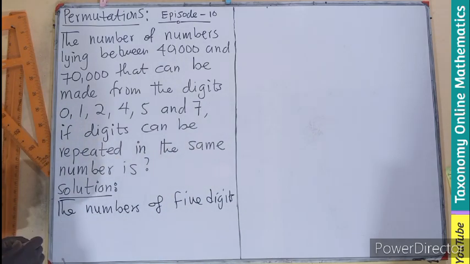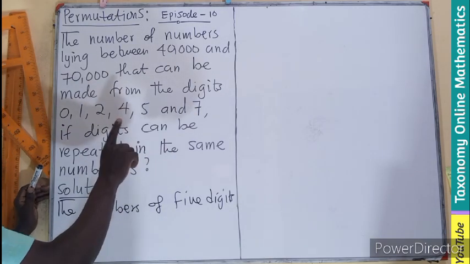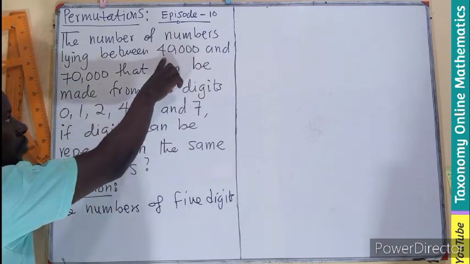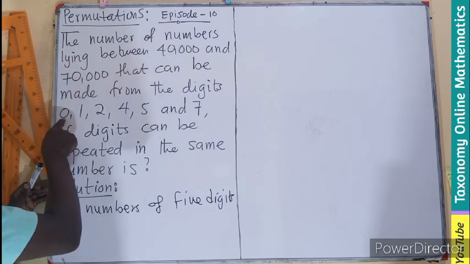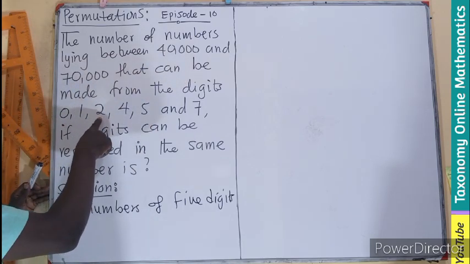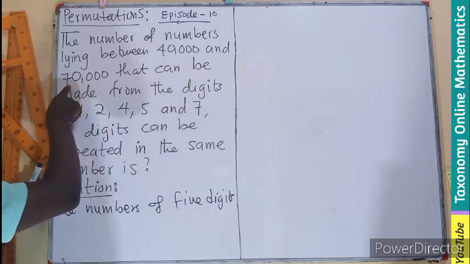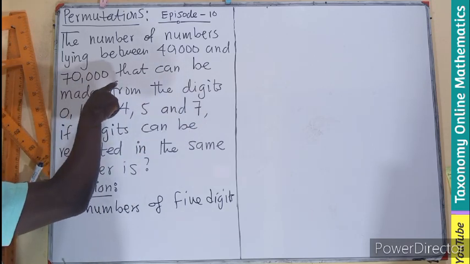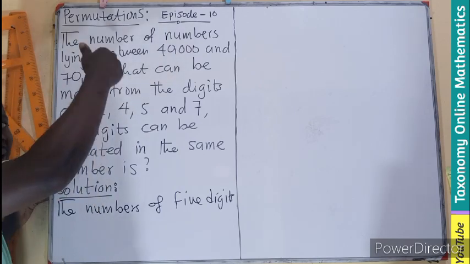Which digit can be the first digit for numbers between 40,000 and 70,000? You can see that 0, 1, 2 cannot be. 7 cannot be, because if 7 is here, it becomes 70,000, which is not between. It is going to be exactly